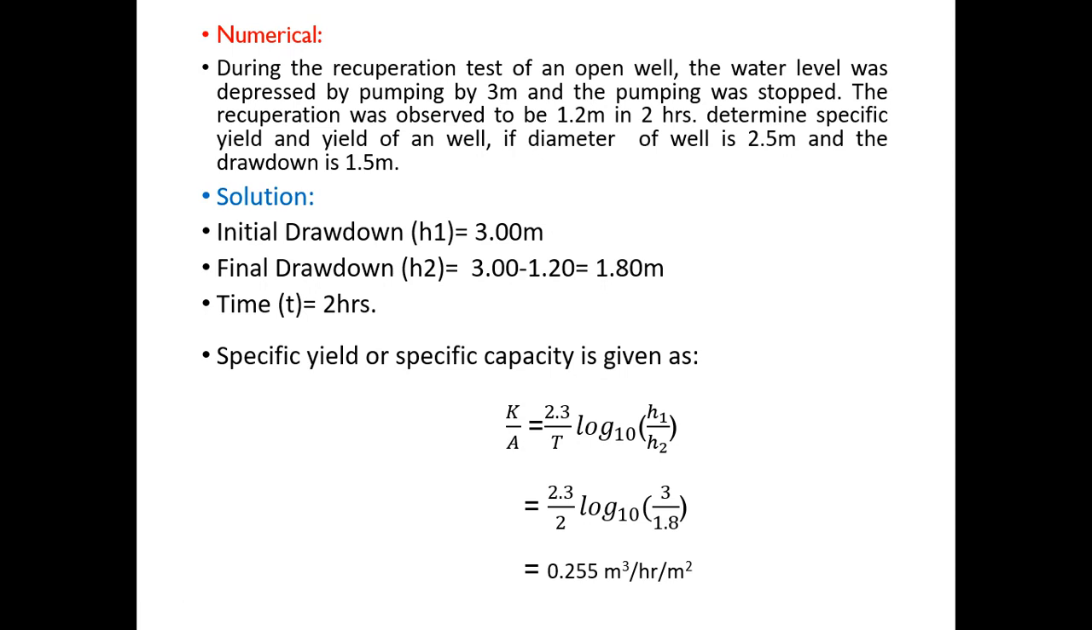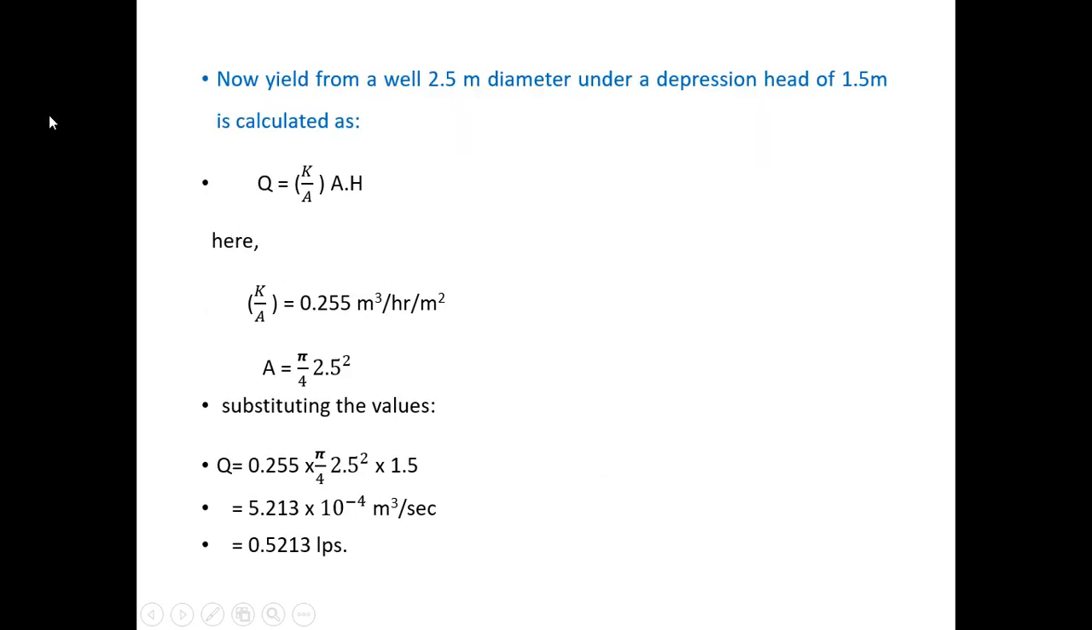So in this way very easily we can find out the specific yield or specific capacity. At the same time, now we have to find out the yield from the well. It is nothing but discharge from the well. So in the recuperation test we have to find out the discharge; the relationship is Q equals K by A into H. Now, yield from a well of 2.5 meter diameter under a depression head of 1.5 meter can be calculated by this relationship. Here please remember this K by A is nothing but specific capacity, which we have calculated as